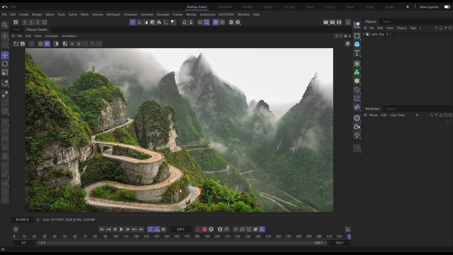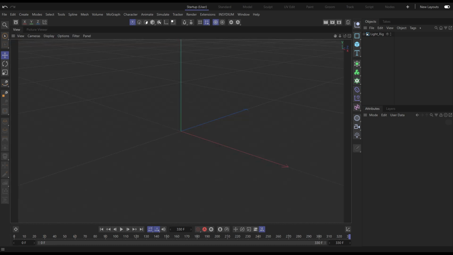We have these foreground objects, so this road and mountain, and then in the background we also have these mountains and this road too. So we can have two terrains. The foreground terrain will be high resolution and the background terrain is going to be low resolution to keep our scene nice and optimized. Okay, so let's start by going to the viewport,